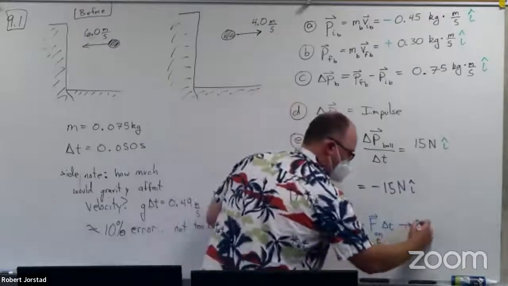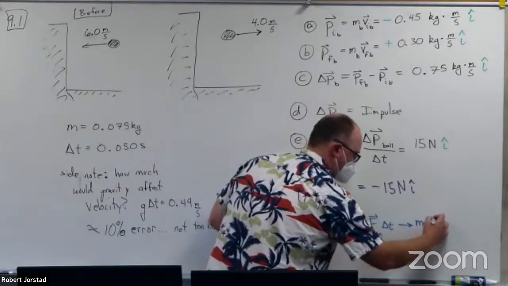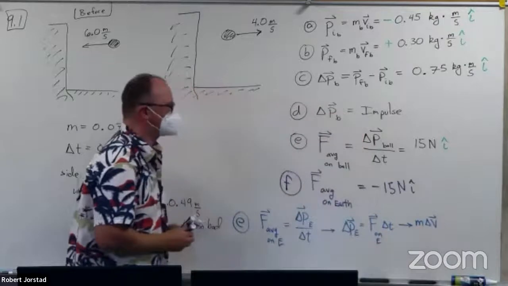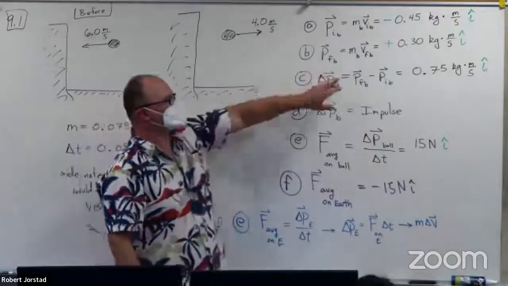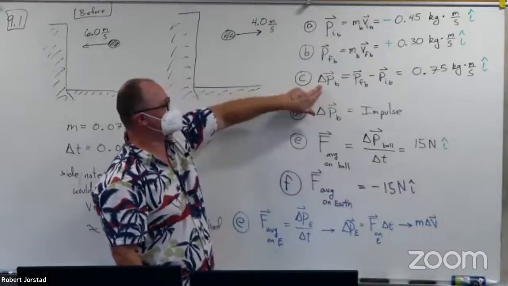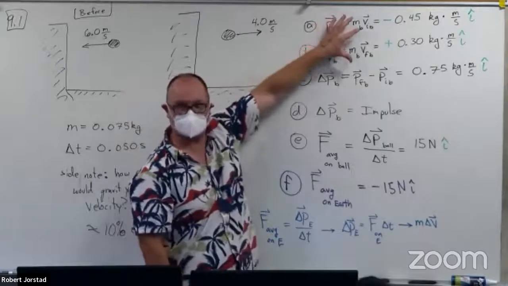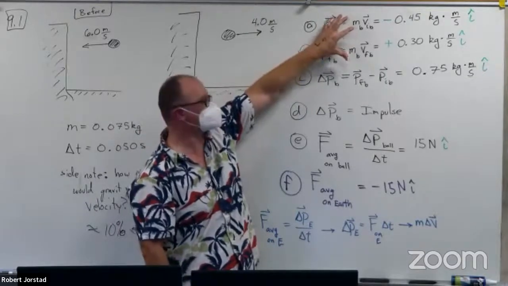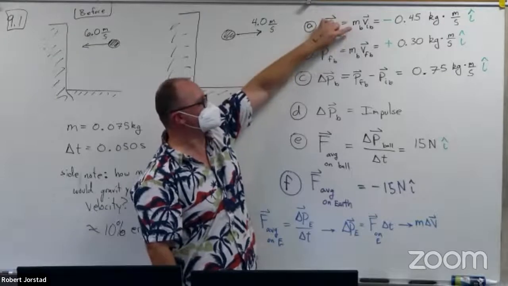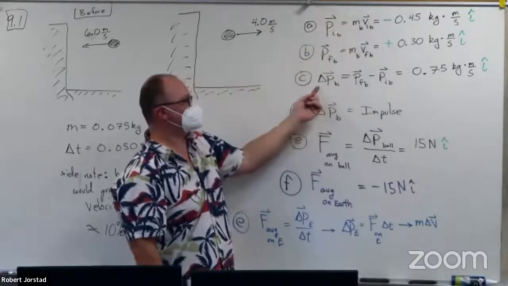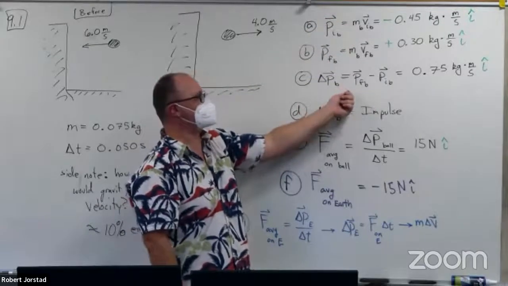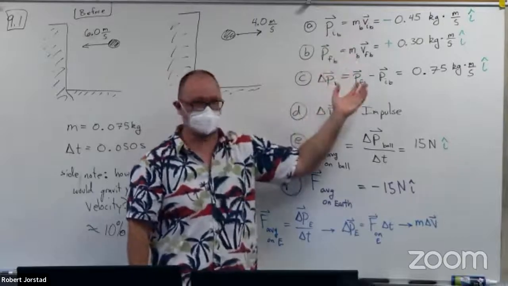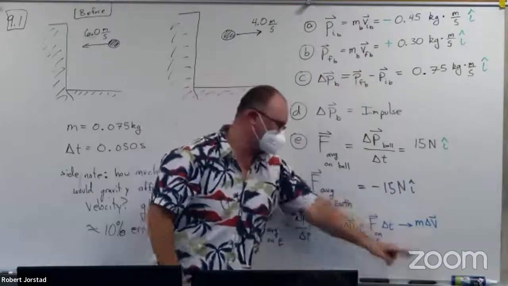That's going to be mass times delta V. Now, maybe that makes sense. Do you agree? Take a second. Do you agree delta P, I could have factored out the mass of the ball? Take a second to look at this, right? Well, the mass of the ball is in here. So I could factor out this and it would be mass times the change in velocity. Agreed? I'm going to just flip this backwards